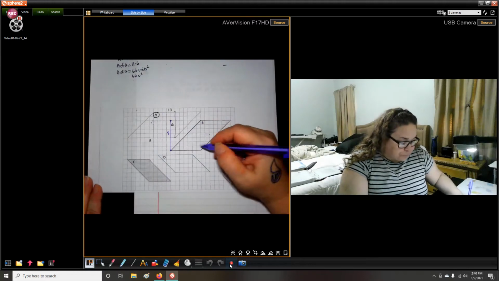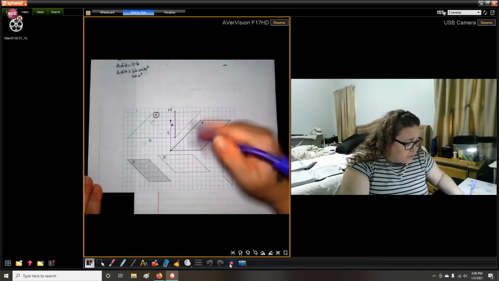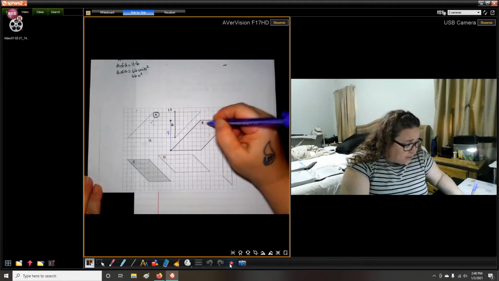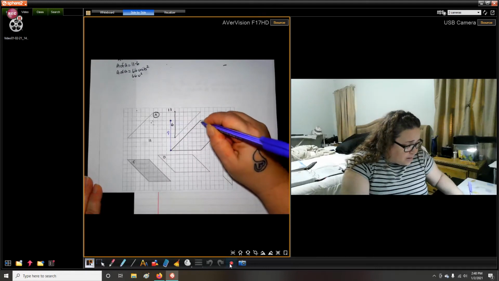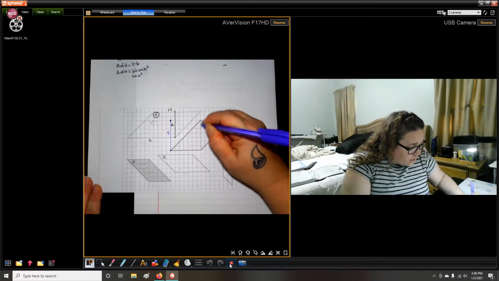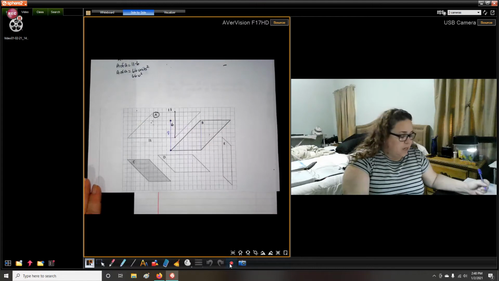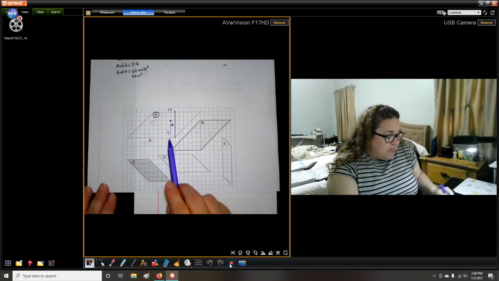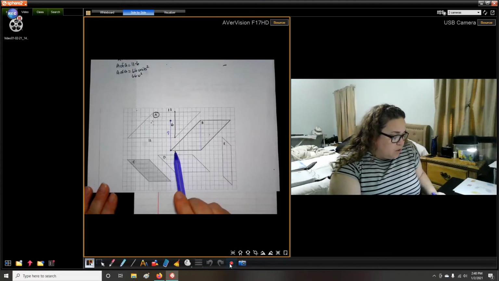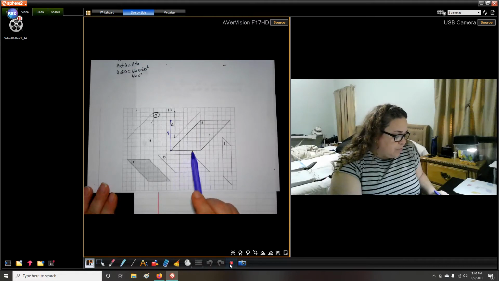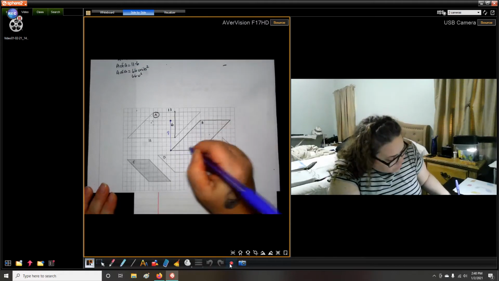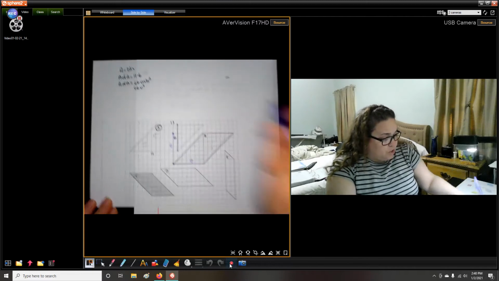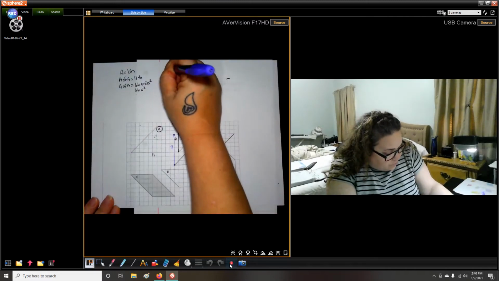Okay. Remember, I could have also, instead of doing this line for B, I could have gone up here and counted there. So I could have gone right there. Okay? I have my height. Now I need my base. 1, 2, 3, 4, 5, 6, 7. So my base is 7. So for area of B